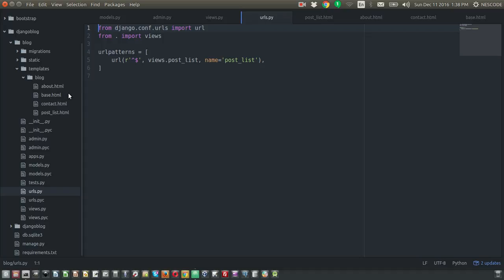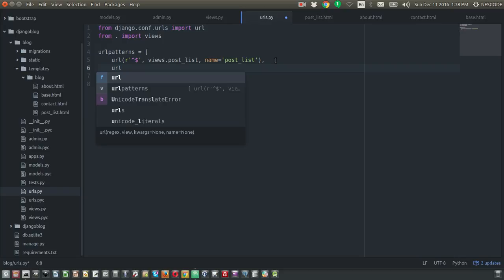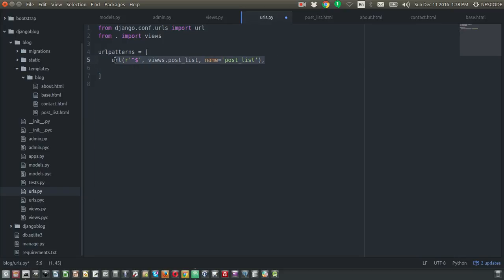We are going to configure the about URL. Instead of typing, let's copy this and paste it here,